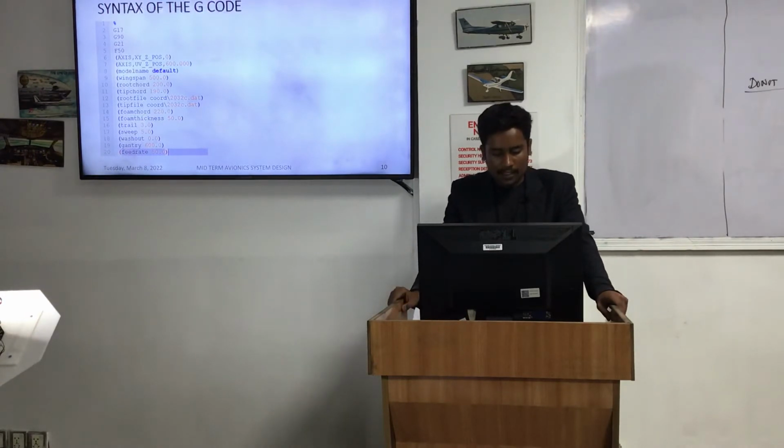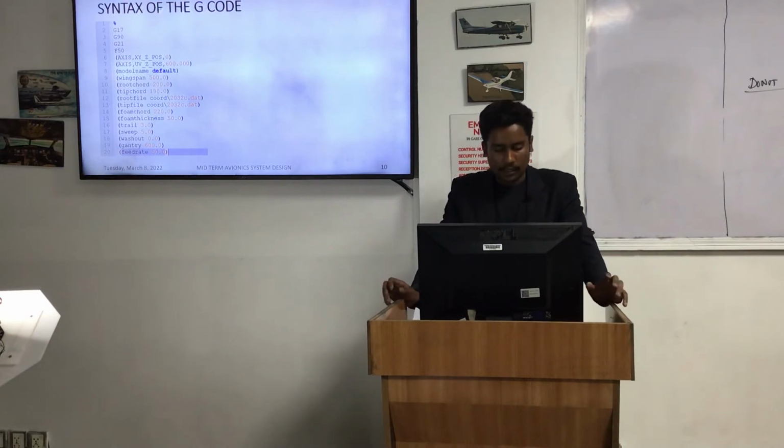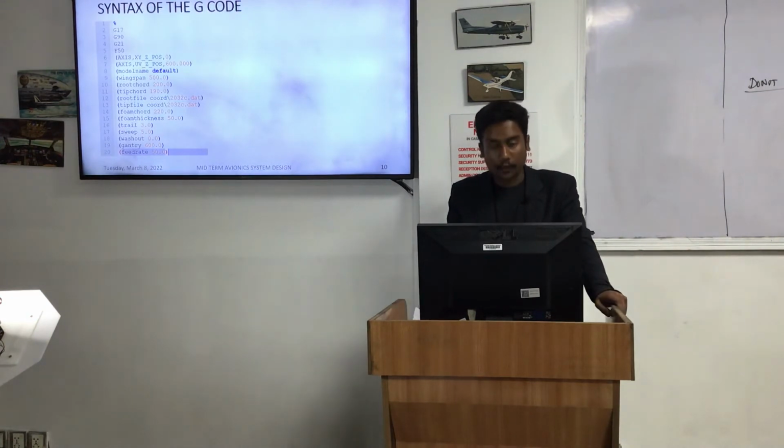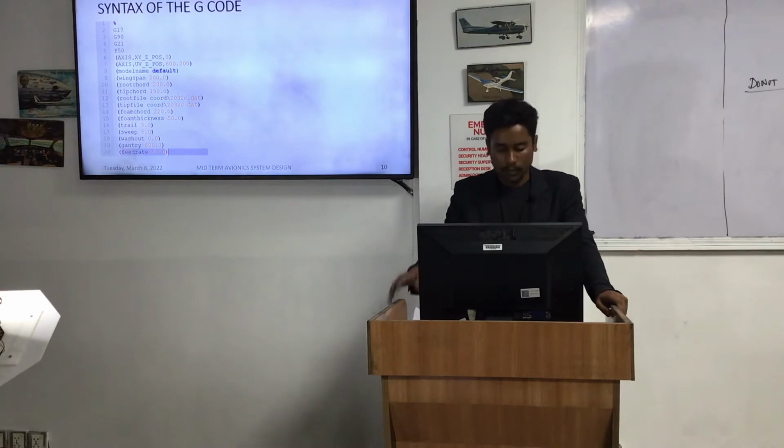G code is the most widely used computer numerical control programming language. G code stands for geometrical code. We use this language to tell a machine what to do or how to do something. The G code commands instruct the machine where to move, how fast to move, and what path the machine should follow.